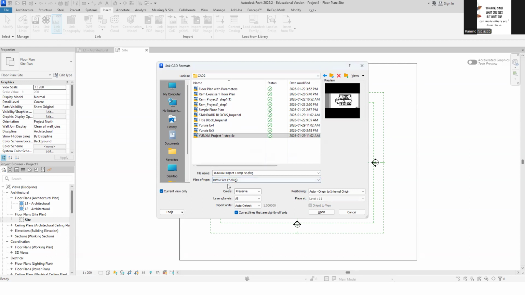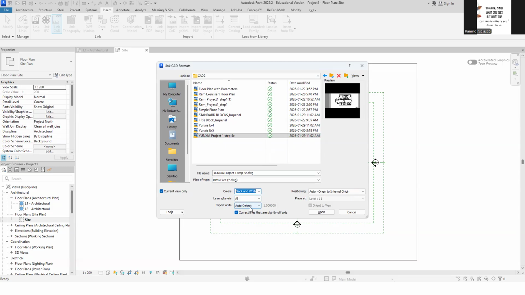Okay. Next, we want to say, make it black and white. So there are colors. So we want to not preserve it. I prefer black and white. Okay. And we can import all layers. We can say auto detect and we'll see if it will give us the correct.